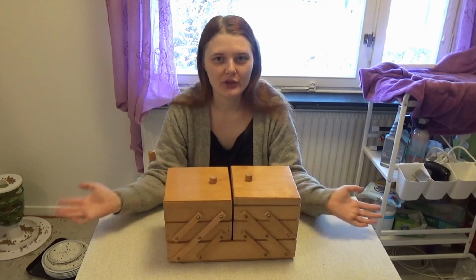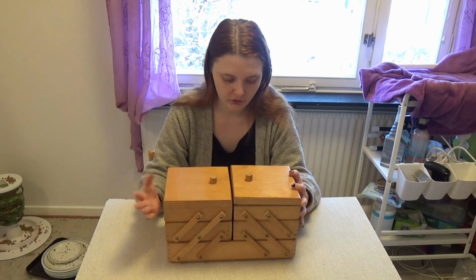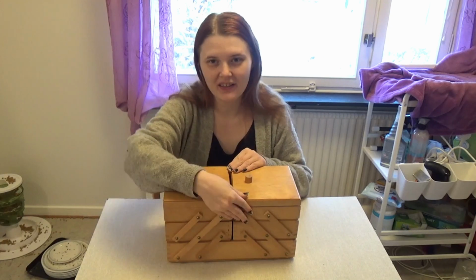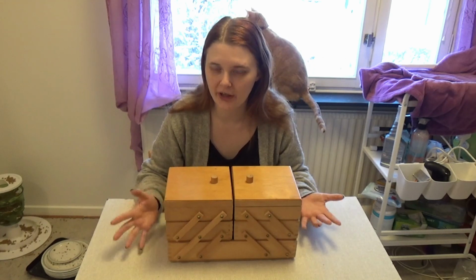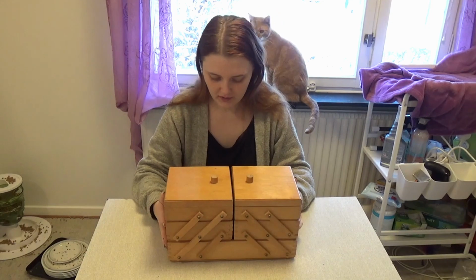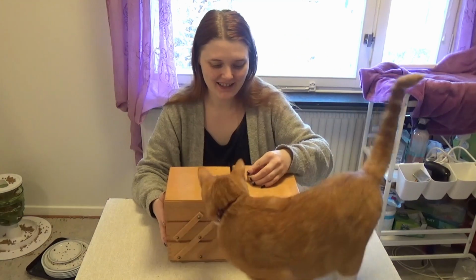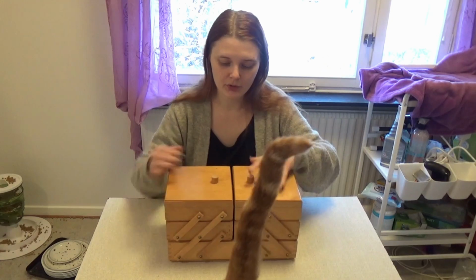In this video I'm going to be upcycling this sewing box that I got from a thrift store. It needs to be freshened up a bit. It has a weird smell that's not unpleasant, but I'm not super fond of. Some things need to be fixed and it needs to be cleaned up, and I would like to paint it and put in some